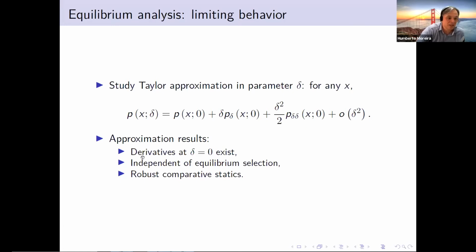So you take the derivative. What is nice is that the derivative at delta equals 0 exists. It is very complicated to prove, but you manage to prove that the derivative exists up to the second order. And these two terms, as I said, are not going to depend on the distribution, but the key term is going to depend on the distribution. And because all these terms are uniquely pinned down, you can say sharply what the effect is, right?